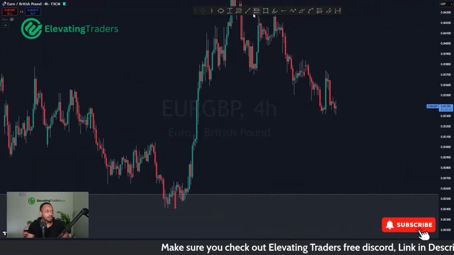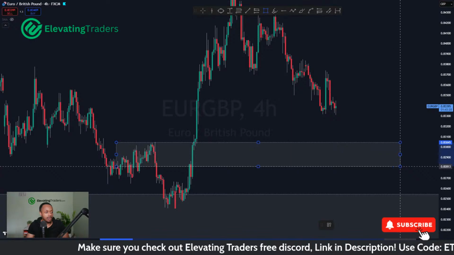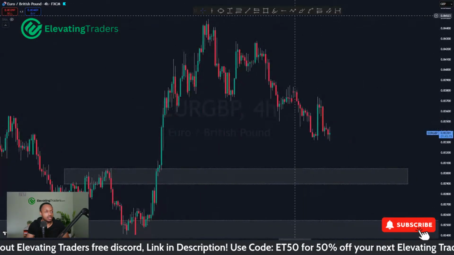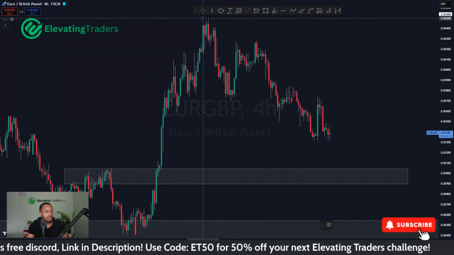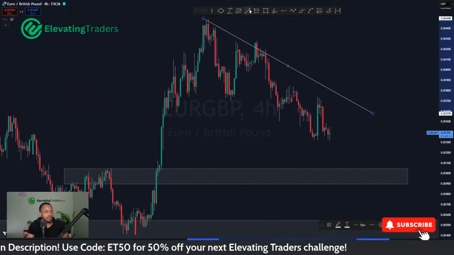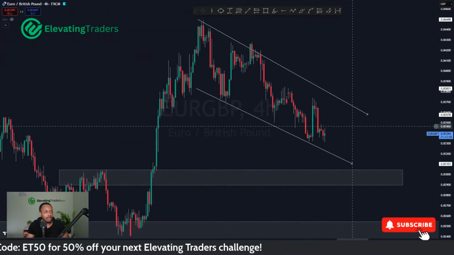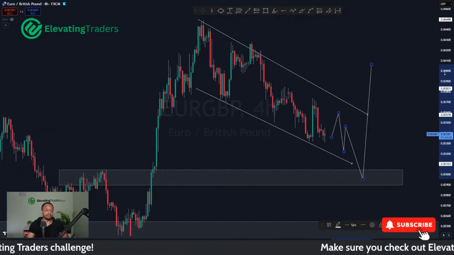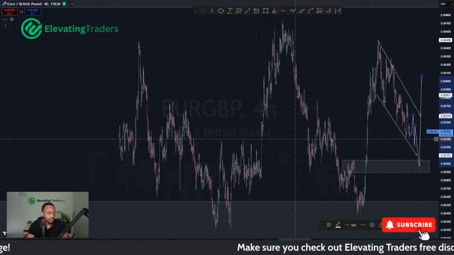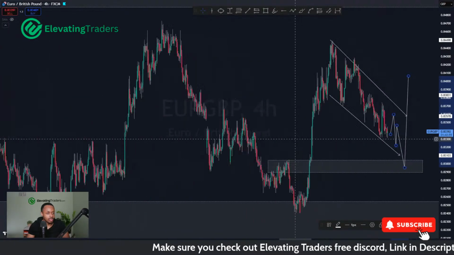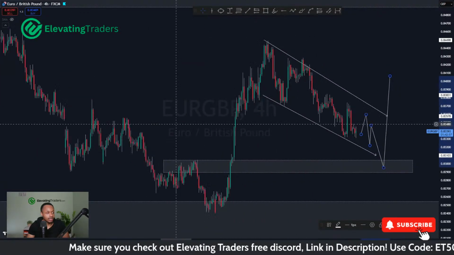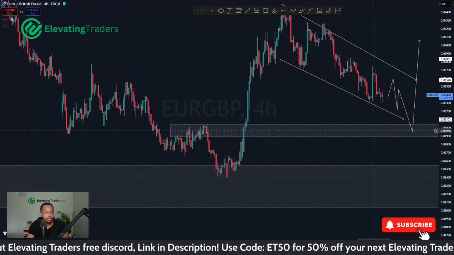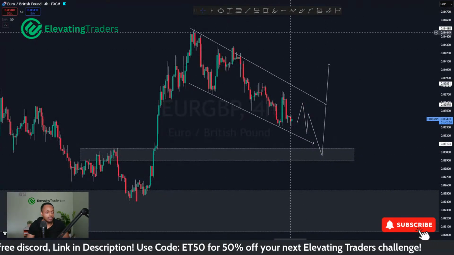I do like this level here, but I wouldn't be looking to swing it all the way back to 0.85 from there. Judging how we're moving right now, it is looking pretty corrective to me. So it does tell me that most likely price is just coming lower, just to move back up again. So yeah, I would wait for us to push a little bit lower for Euro pound. I do like the level here. Nice move to the downside, and we broke through really aggressively. We didn't come back for a retest. So I do think we can bounce from here.